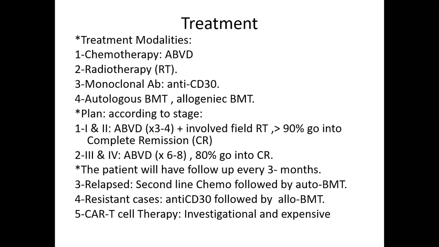patients who relapse after initial response, we give second-line chemotherapy to achieve another remission, to be followed by autologous bone marrow transplant. For patients who are resistant to treatment, we use anti-CD30 antibodies, and when we achieve remission, we offer the patient allogeneic bone marrow transplant